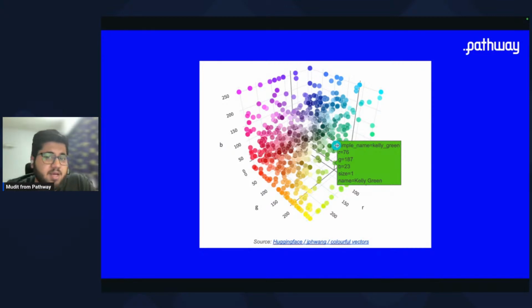So in this case, what this particular person has done is, instead of representing meanings, they have represented colors, organized in a 3D space, so that similar looking items are grouped together. If you look here, this Kelly green is similar to other forms of green. I could show this particular project, but I'd rather not because it tends to take some time when I'm sharing my screen.